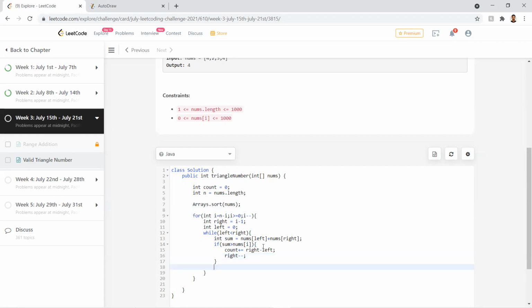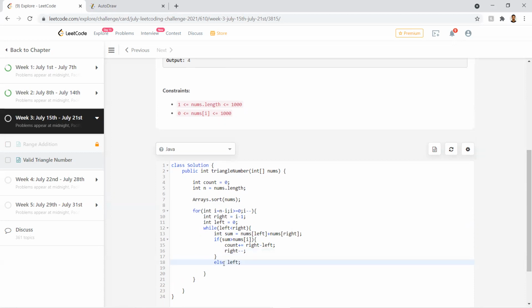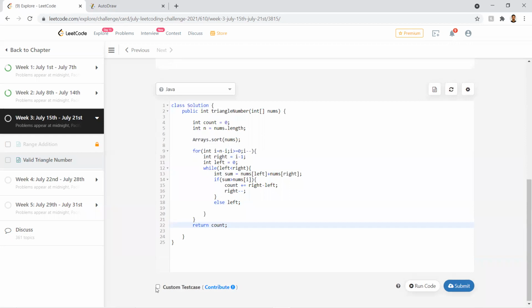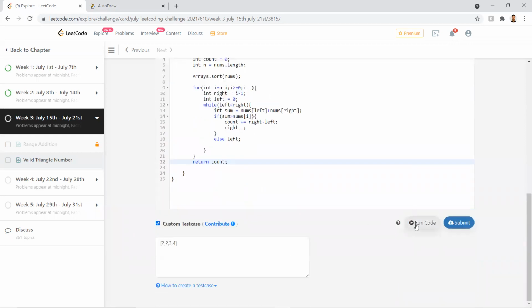If the sum is not greater than the given element, we'll increase the left because the array is sorted. The result will be shown in the count, so we have to return the count.